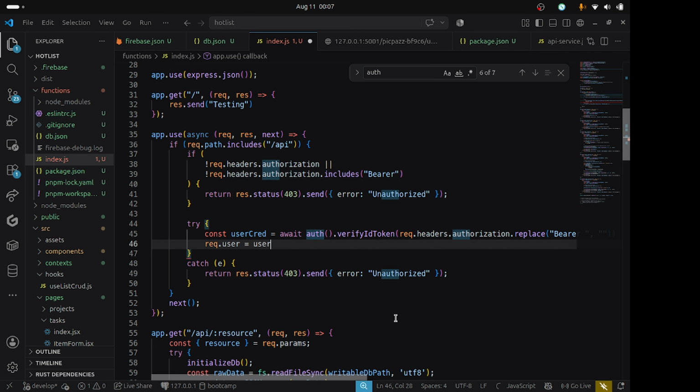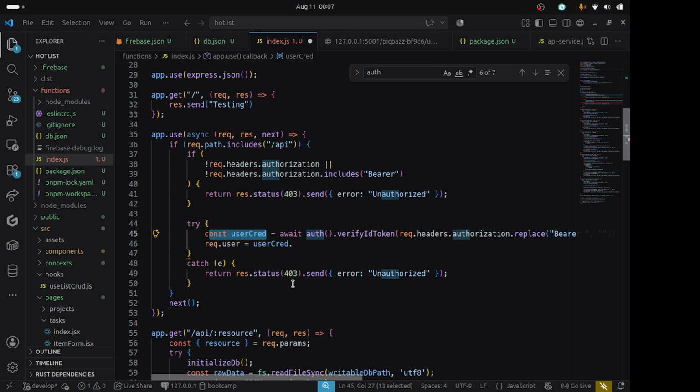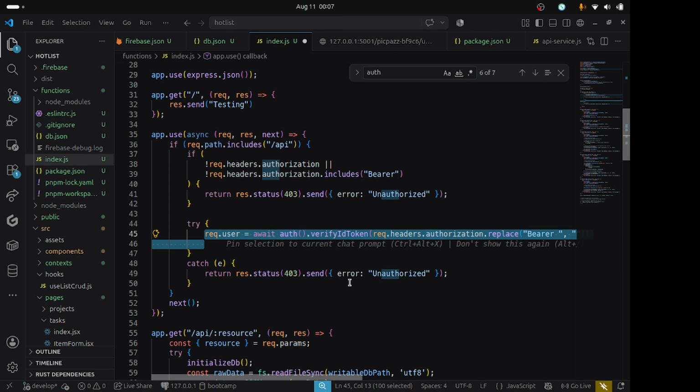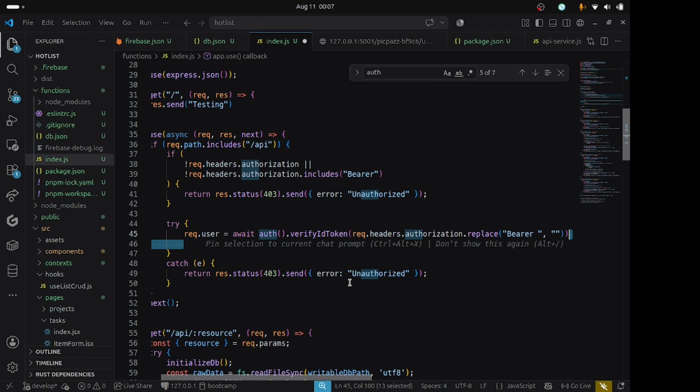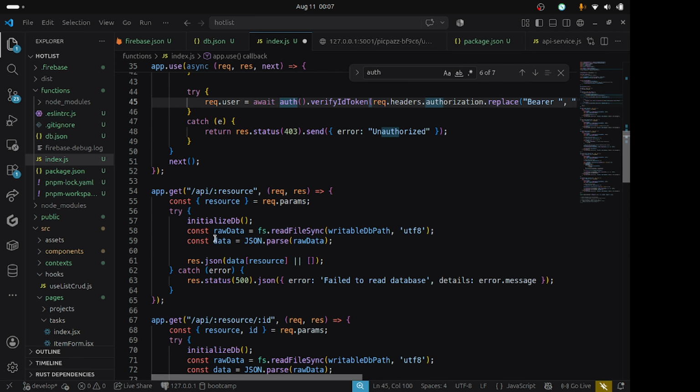user credentials dot... actually that is the user. Let's say request.user is equals to that. Okay. Now that we have that, we can now fetch. If we are getting resources, we can get